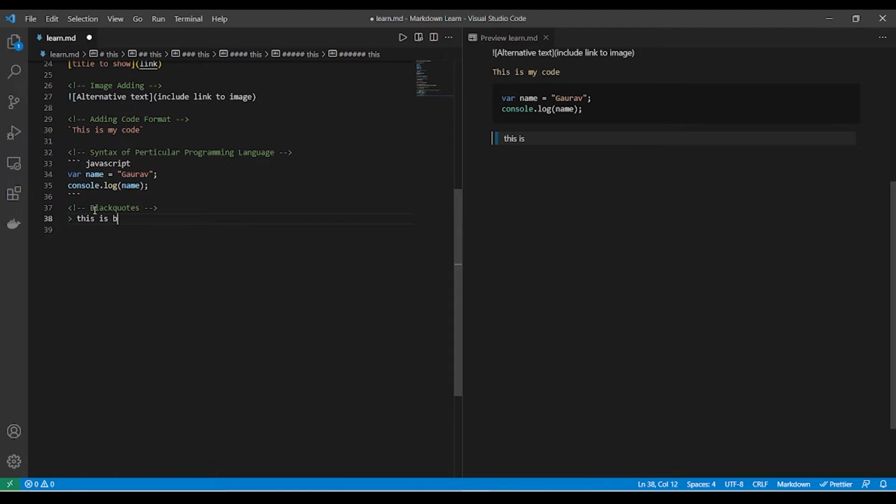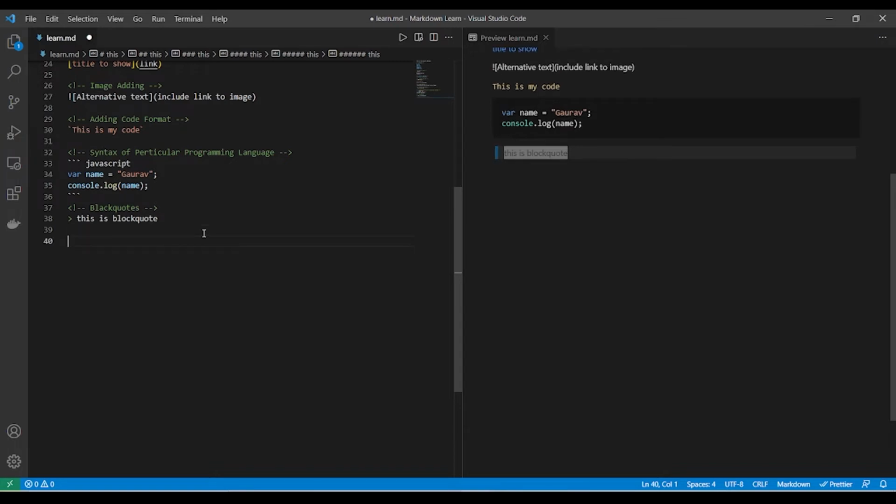This is a block code quote. So you can see that it has come out with this blue part. Basically this is just to quote any text we want in a block, so the name itself defines it.